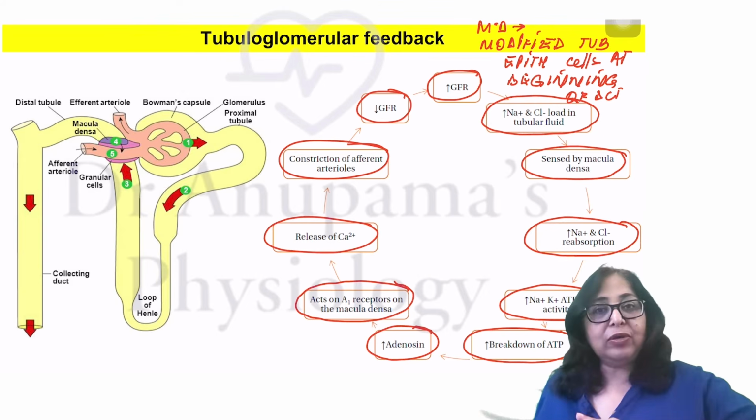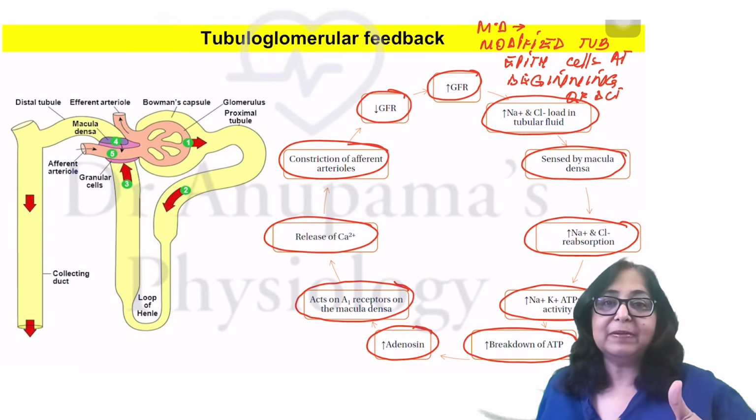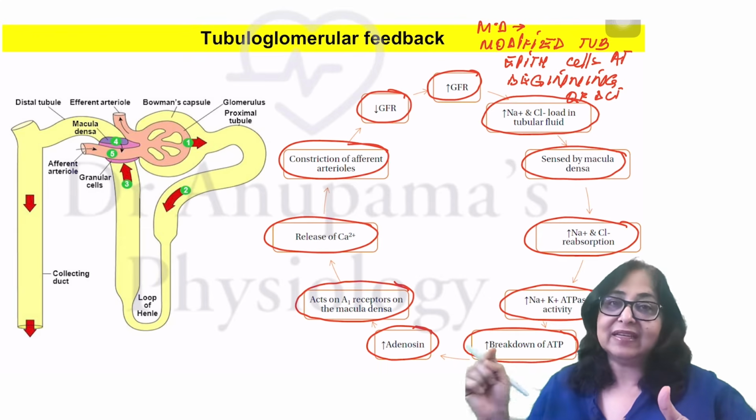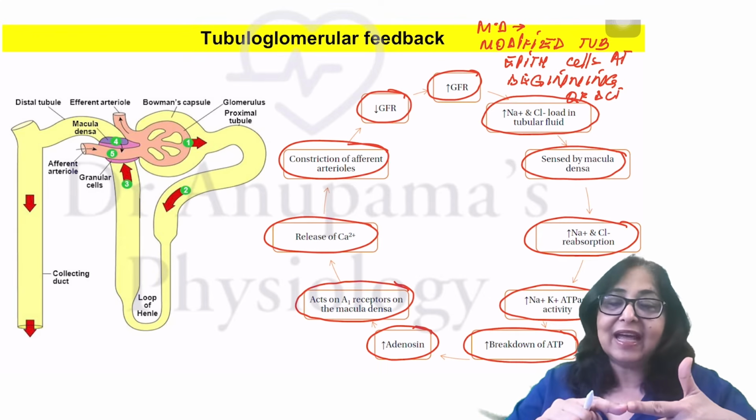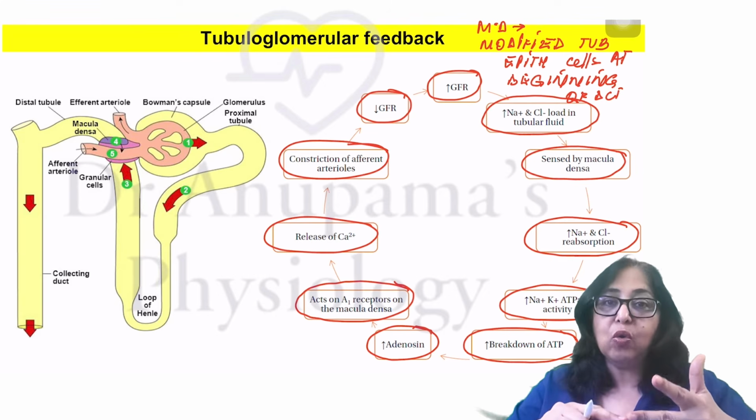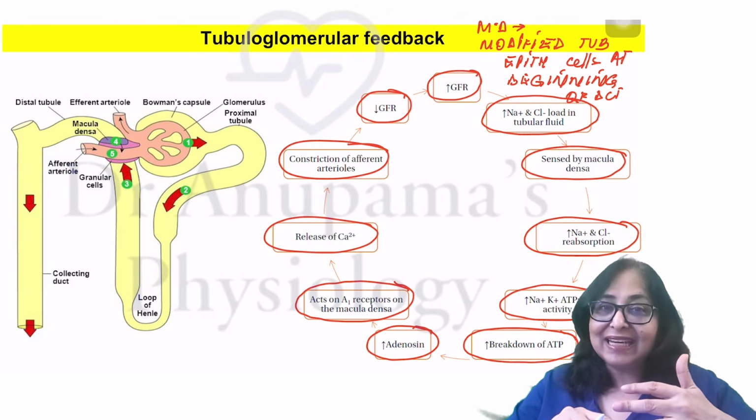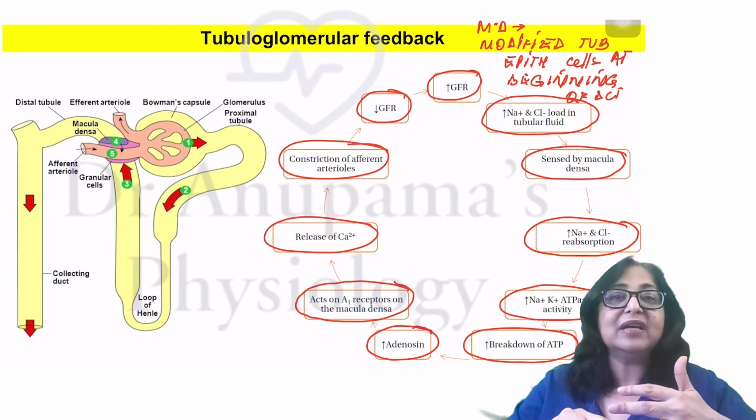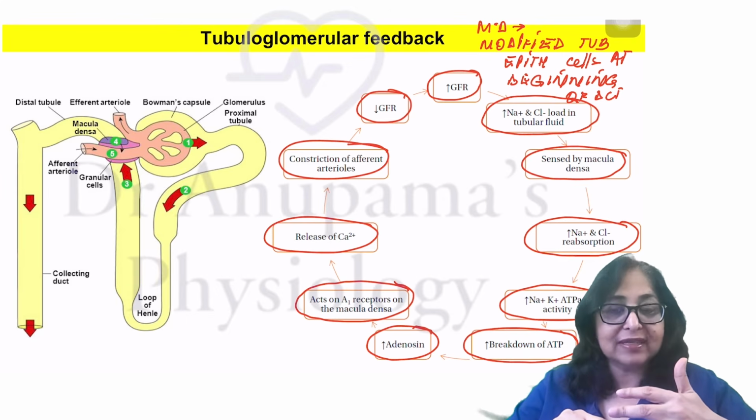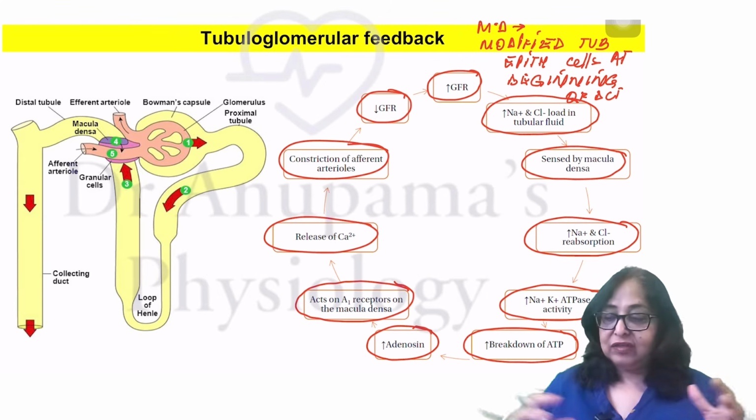So, 2 or 3 important questions. Where are the macula densa cells? These are modified tubular epithelial cells at the beginning of DCT. Function of macula densa: act like a sensor. What do they detect? Only sodium, only chloride, or both sodium and chloride? Both sodium and chloride. TGF is mediated by adenosine, which is a byproduct of ATP hydrolysis. Site of action of TGF is the afferent arteriole. So this is your